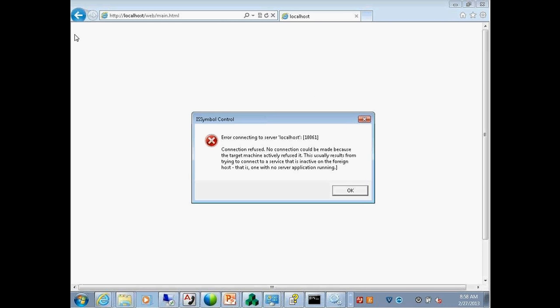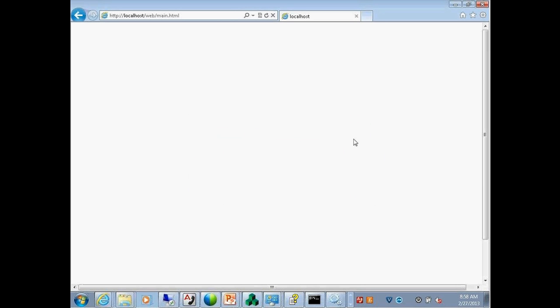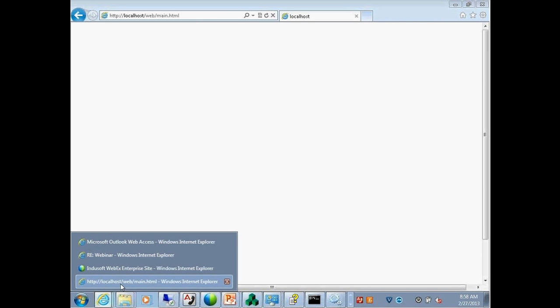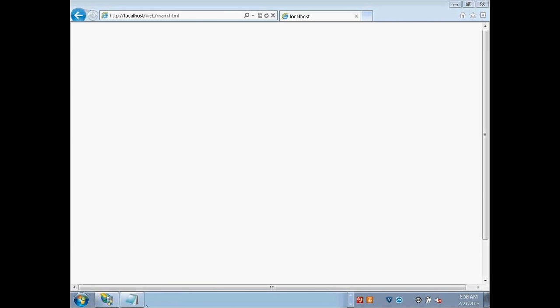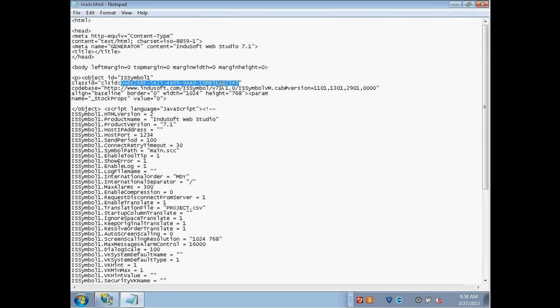If you get a big red X in the upper left corner, which we'll try to demonstrate here in a little bit as well, then that means the control did not start. And the control might not start for a number of different reasons. One reason might be that it didn't find it. Okay, so if it doesn't find the control in the registry, then this line right here called Codebase tells you where to go find it. So the browser will go to this website, download the file isymbolvm.cab, and install it,